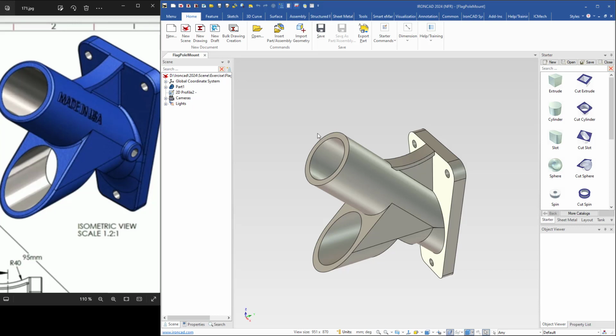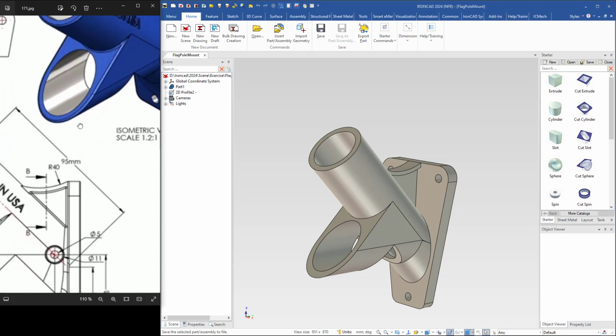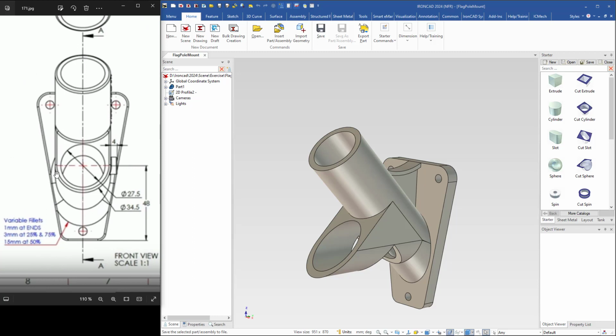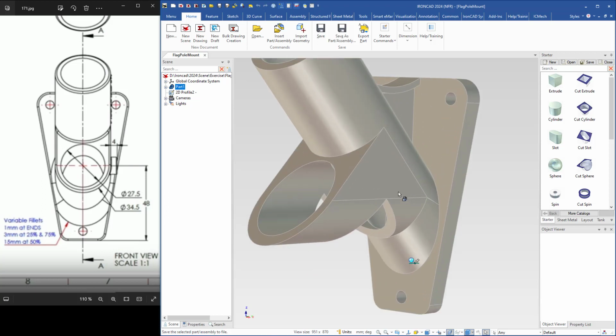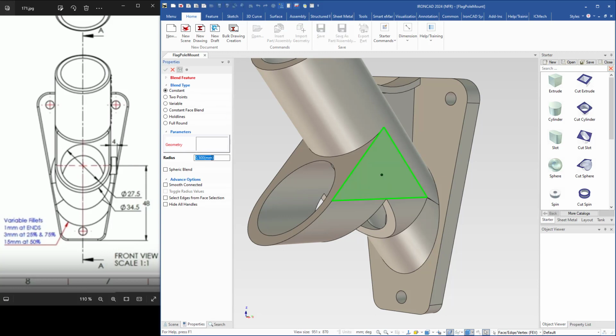So I will continue to add a blend here, or fillet. We can see here on the drawing, there will be a variable fillet or a blend. So I will select the part here, press S, select blend, and I will use the constant first, but I